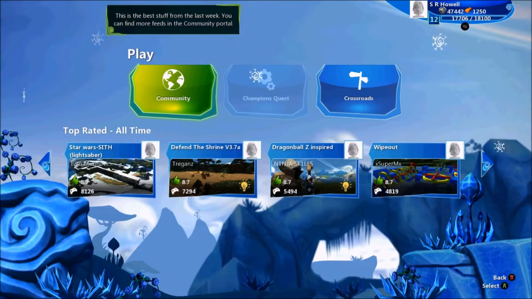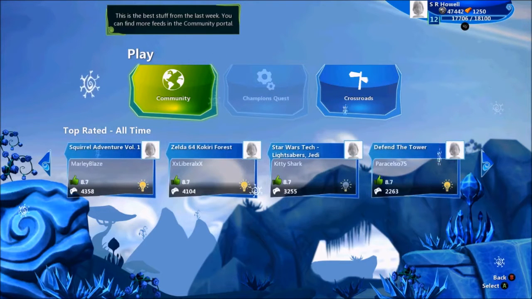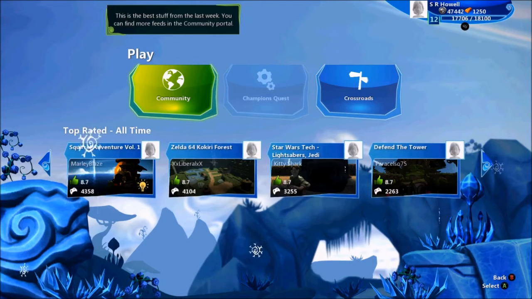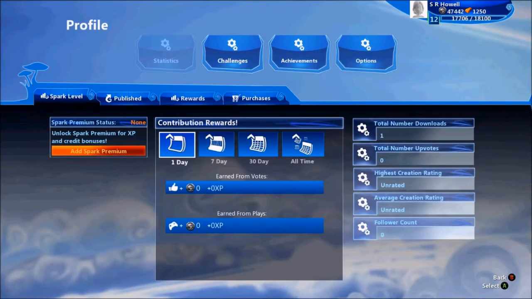But I'm not going to play a level someone else made. I'm going to play a game that I made, so I don't go into the community section. Instead, I'm going to press the menu button, which is the back button on my controller, and just show you the profile page. Now, the profile page has a lot on it, and the very first thing you see is